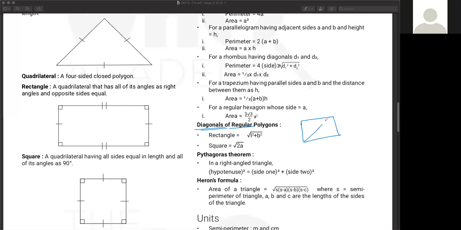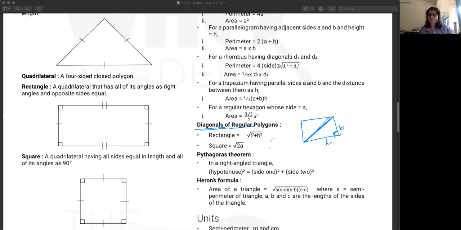Pythagoras theorem. So if it's a rectangle, we have to take the square root of L square plus B square. Why are you taking the root of L square plus B square? Pythagoras theorem. Exactly. So that is why the length of the diagonal in a rectangle is root of L square plus B square, because the angle is 90 degrees and the diagonal becomes the hypotenuse. Similarly, in a square, the length L and B are both equal.